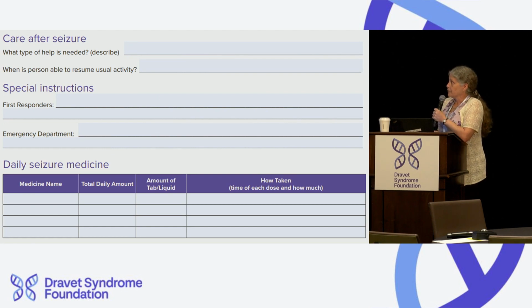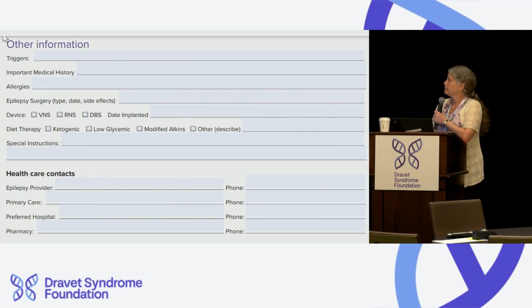And then care after a seizure, what type of help is needed, and when is that person able to resume normal activity, any other special instructions. And then if they go to the hospital, you want some information about what daily medicines they're currently on. And then other information, seizure triggers, any other significant medical history, any allergies they have, particularly to any rescue medications